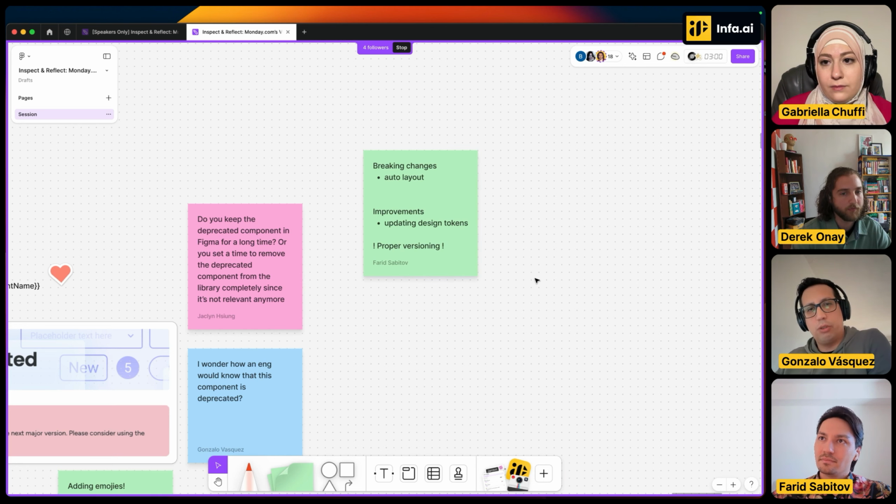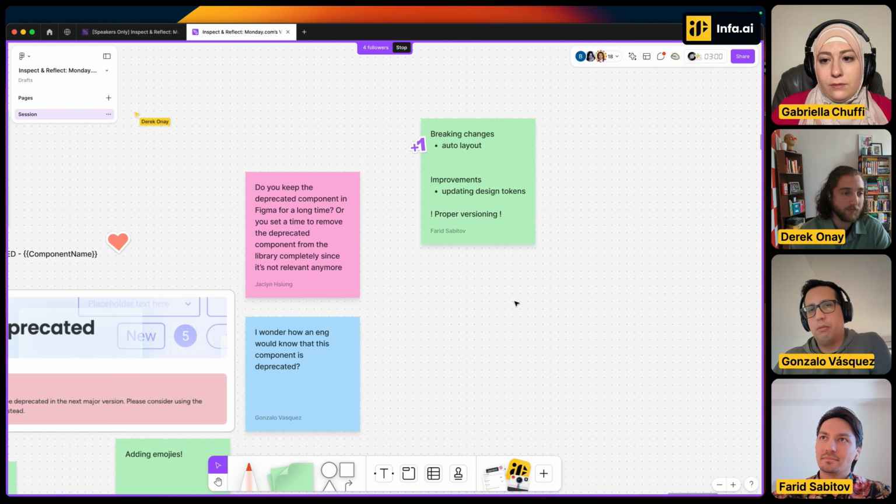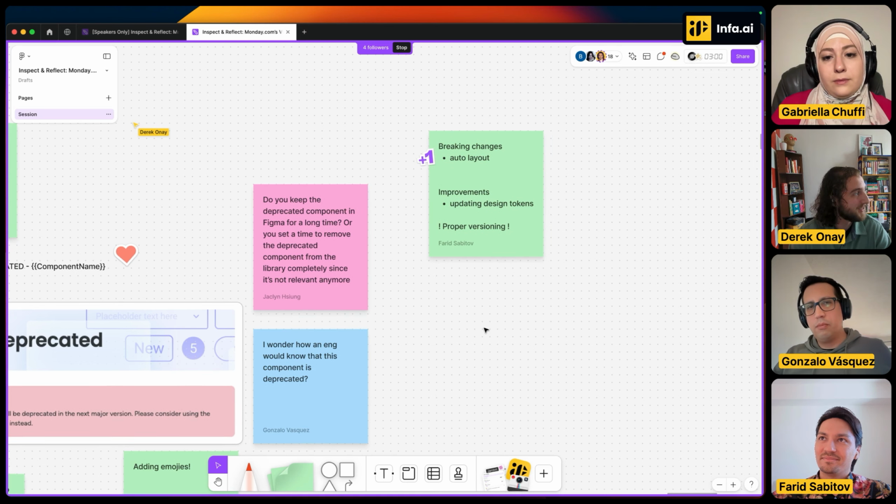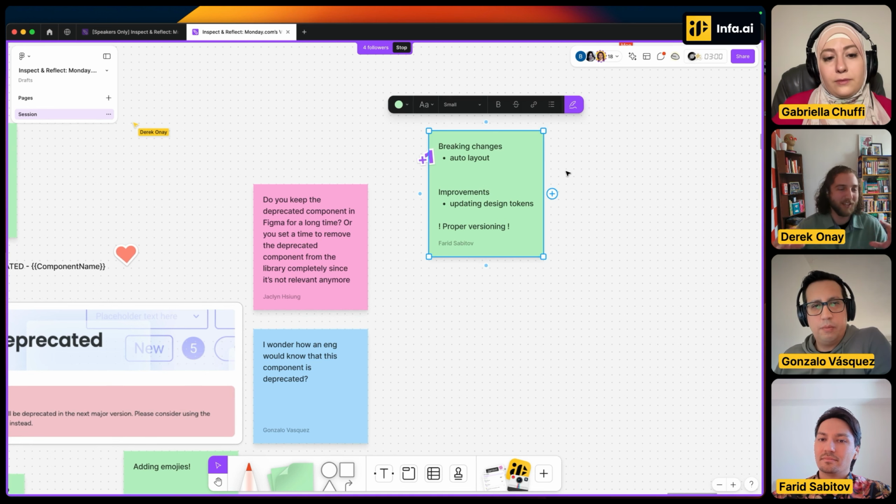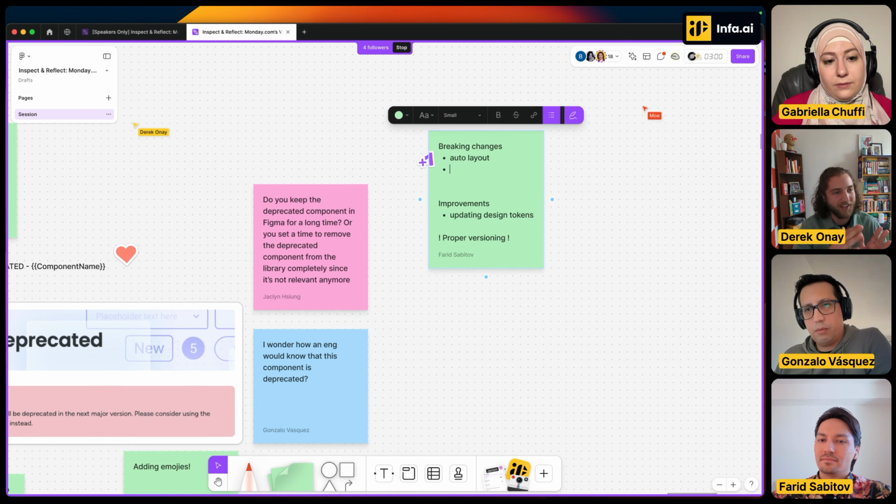This might break your compositions, especially if you don't have auto layout set up on your designs. But then again, if you deprecate stuff and you don't mention it to anyone, that's a big headache for all the users. Yeah, we do everything within our power to not create a breaking change in an existing component, but that may mean introducing a new variant where things are fixed within the same component before we get to the step of creating a brand new component